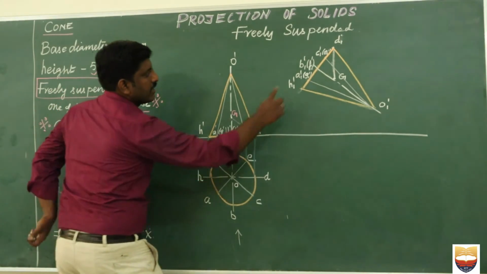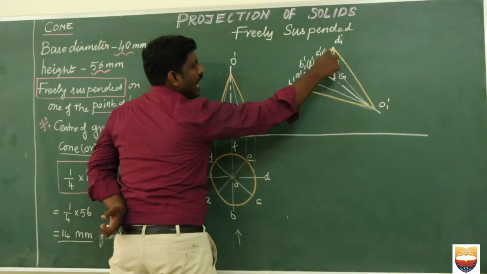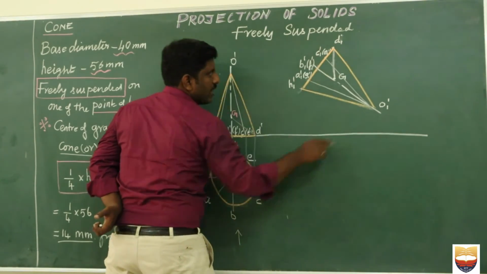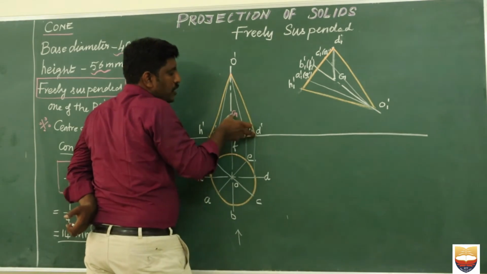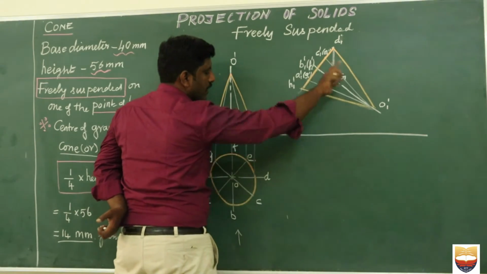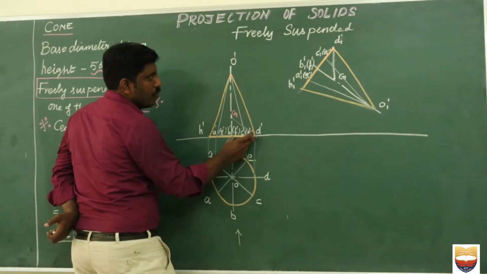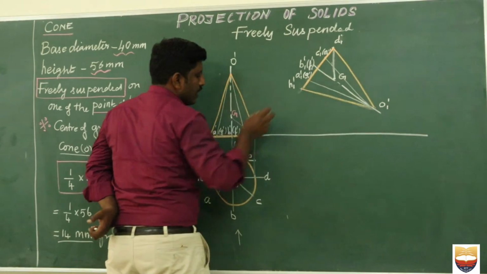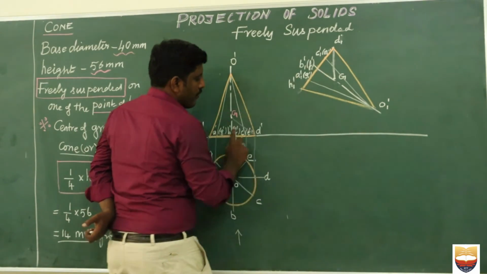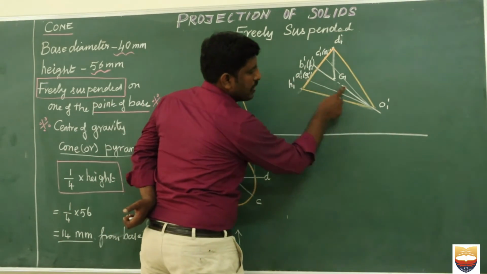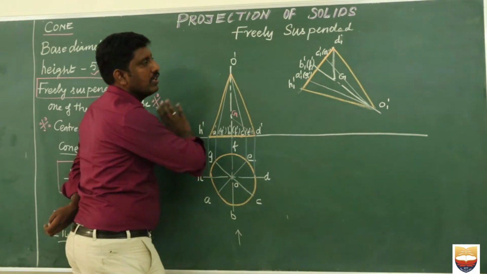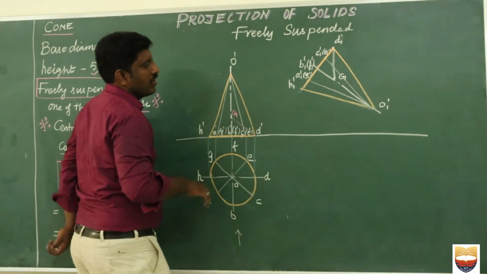First I fixed a point D there. Then I drew a line perpendicular to my reference line. Then I measured D to G. From there I cut an arc and found the center of gravity. Then I measured D to B and cut an arc. Then I measured G to B and from G I cut an arc. So I found B. From B I draw a perpendicular line, which is my center line. Then I find all the remaining points with the help of the compass.